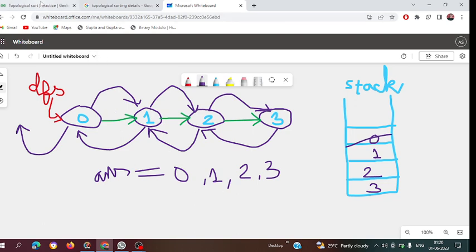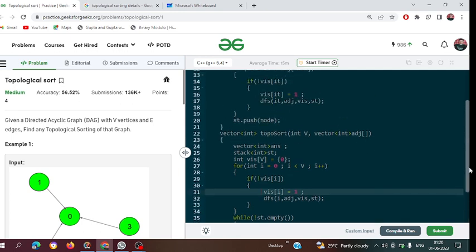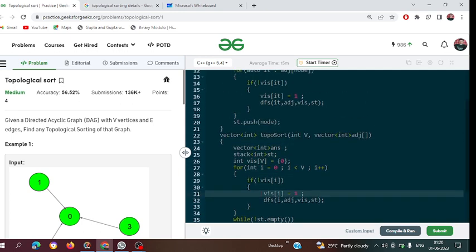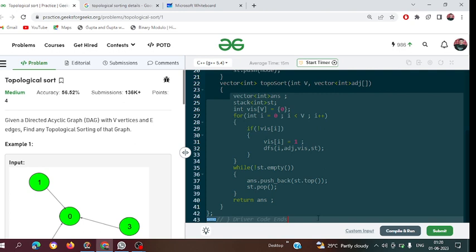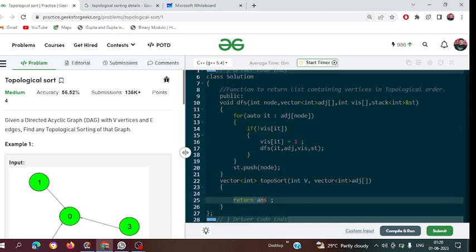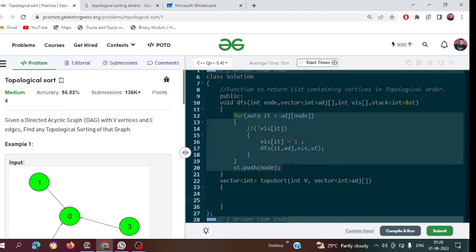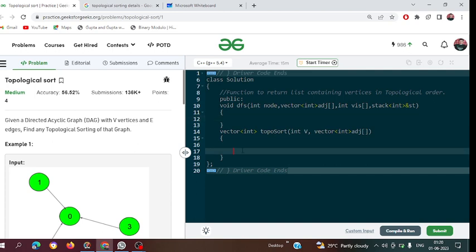Let's move to the coding part. I will write the code as well as explain the code and what is happening. Let's clear all the code. Done. So, as I explained, first I will have to maintain one visited